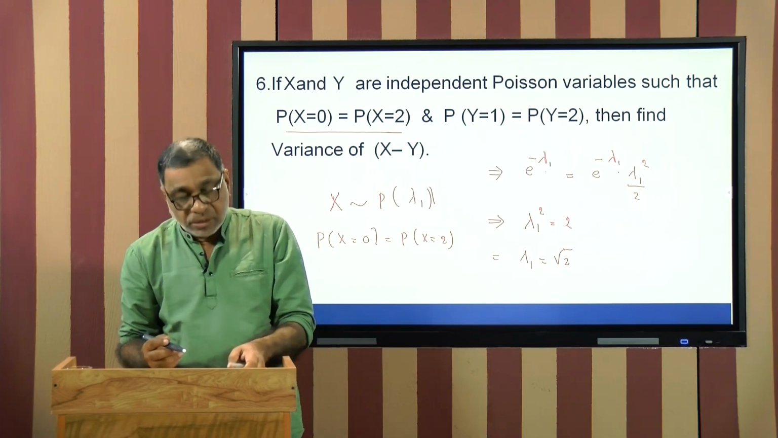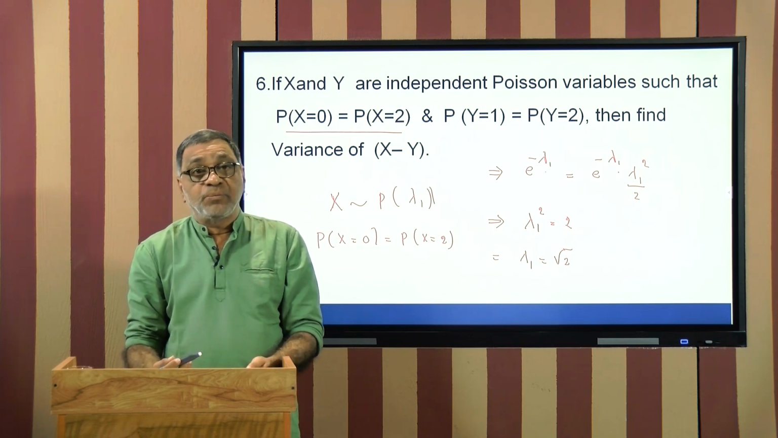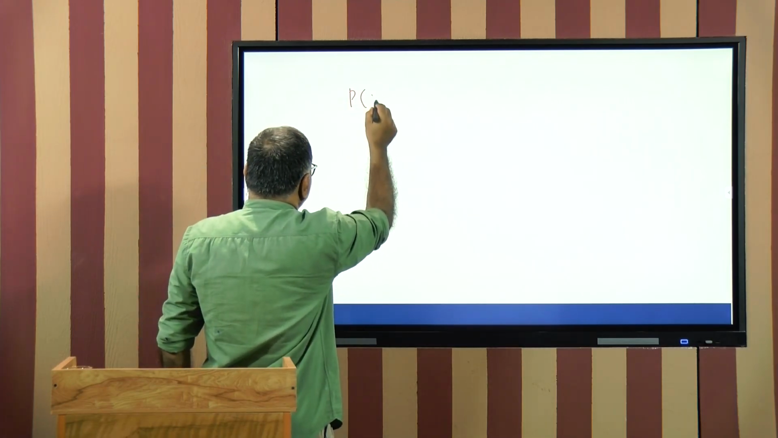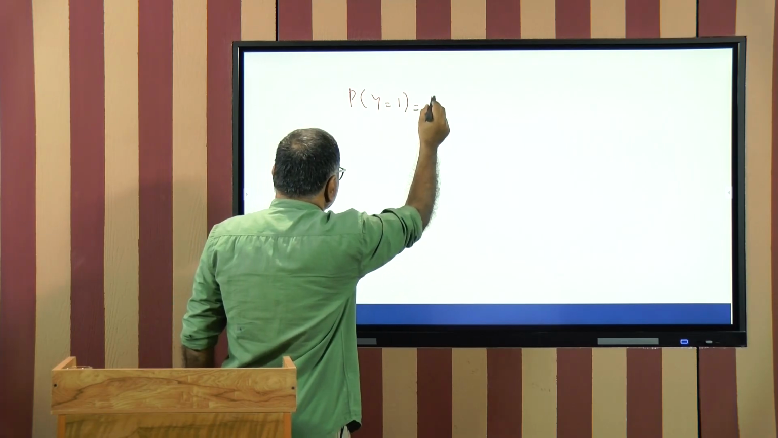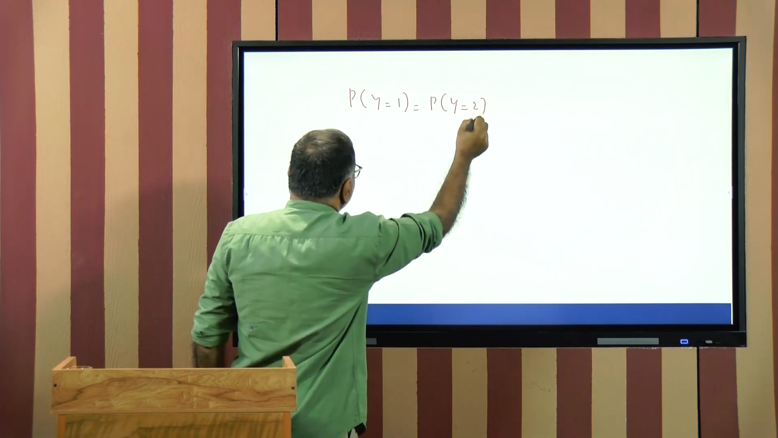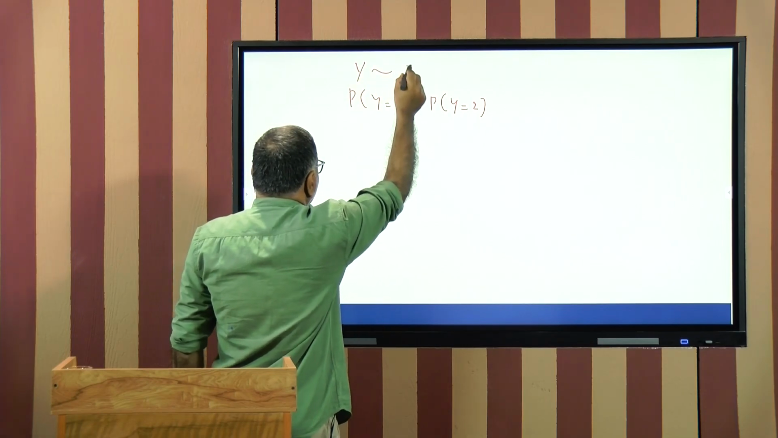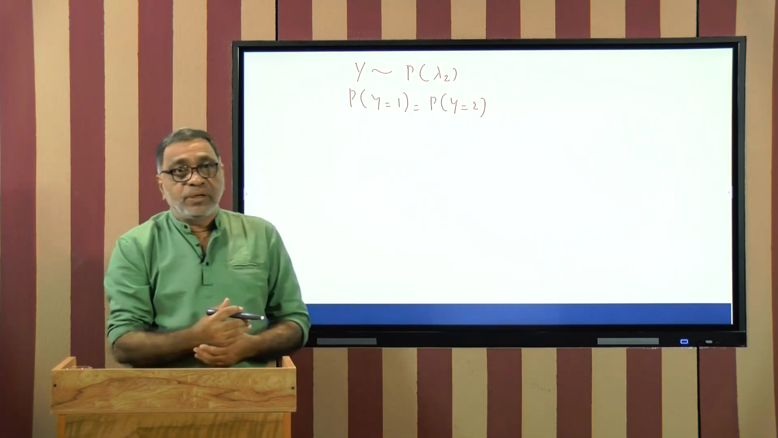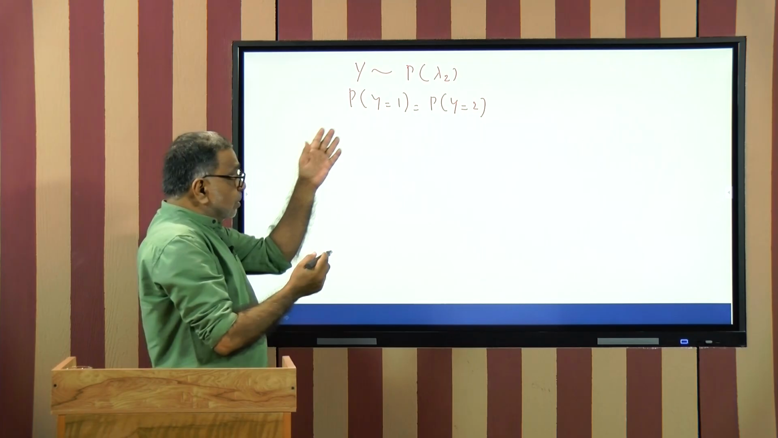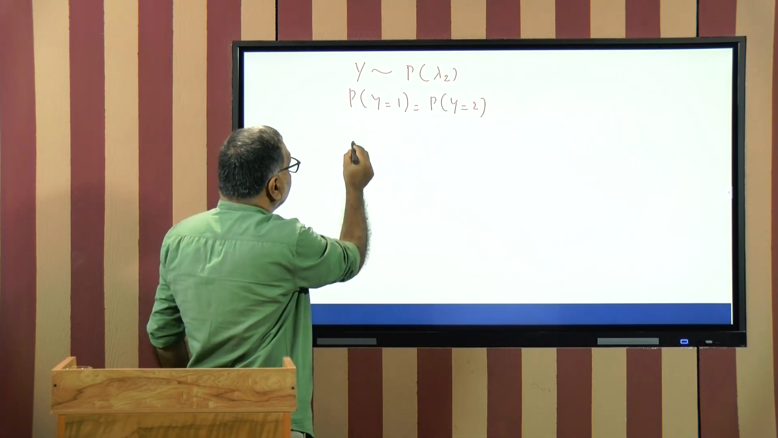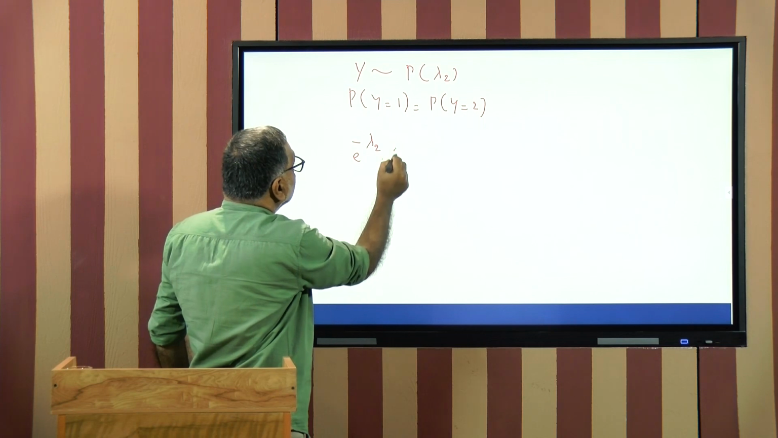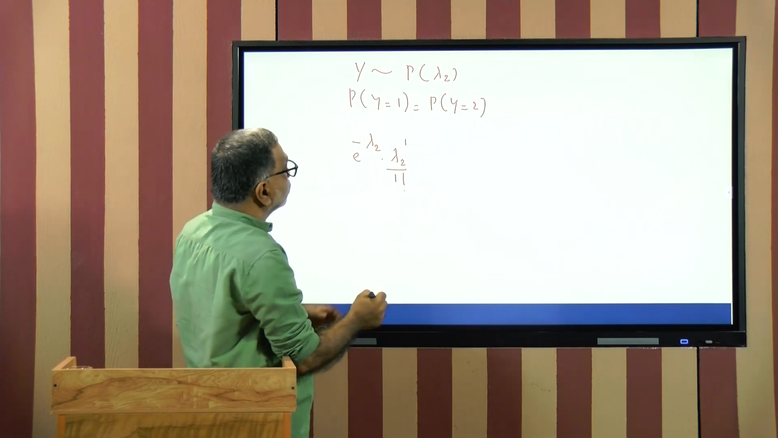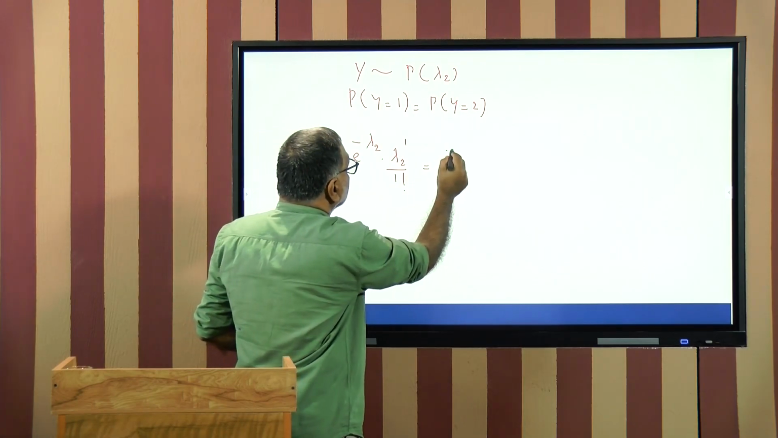And now, the question is how to find the parameter of the random variable y. You are given probability of y equal to 1 is equal to probability of y equal to 2. We assume y is a Poisson random variable with the parameter lambda 2. Consider this equation: e power minus lambda 2 into lambda 2 power 1 divided by 1 factorial, that is our probability of y equal to 1, is equal to e power minus lambda 2